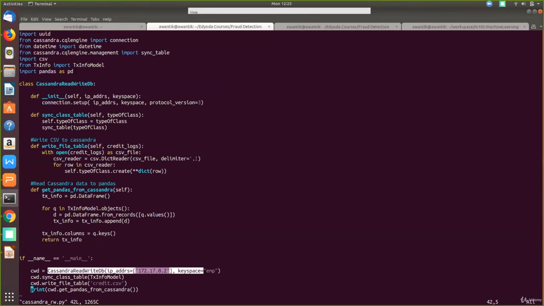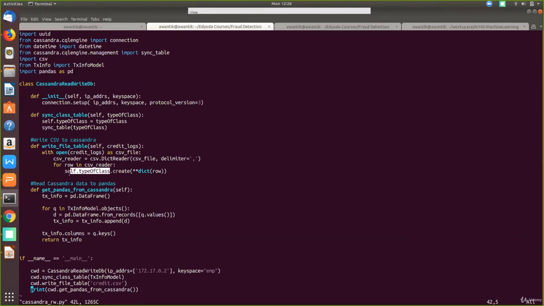Okay, that's what you are configuring. It is returning the CSV reader. Of course, it's an iterator. Okay, so we are looping through it, and this is an ordered dictionary here. Okay, please remember this is an ordered dictionary. We need to convert it into a normal dictionary, which we did using the dict function. And star dict means it just unwraps it and passes it to the create function. Create will take all these keys and values and it will persist them to the database.